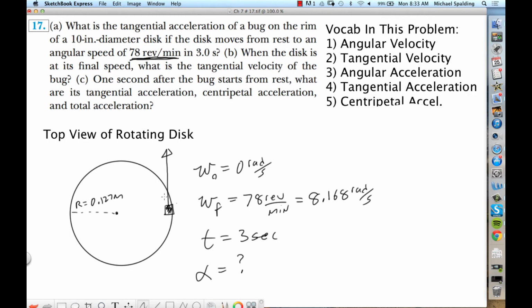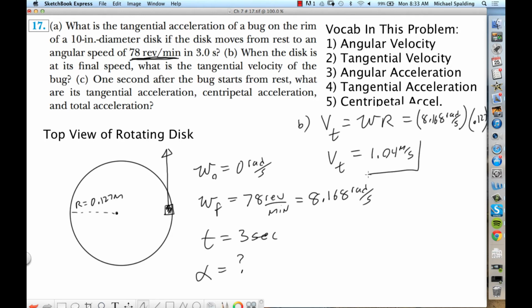So when the disk is at its final speed, what's the tangential velocity? This is easy. What's the equation we could use for tangential velocity? Angular velocity times radius. Okay, so the angular velocity is 8.168 radians per second. The radius is 0.127 meters. This gives a tangential velocity of 1.04